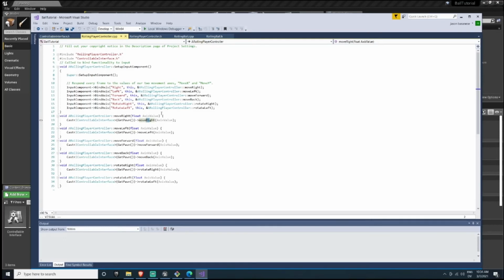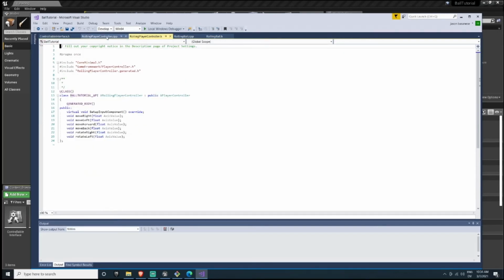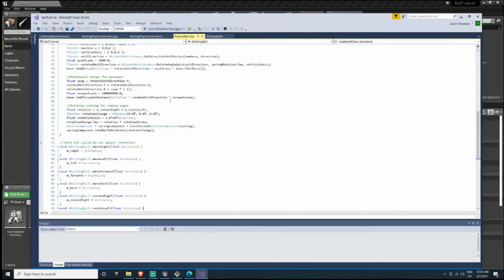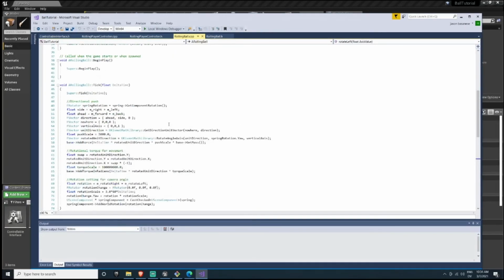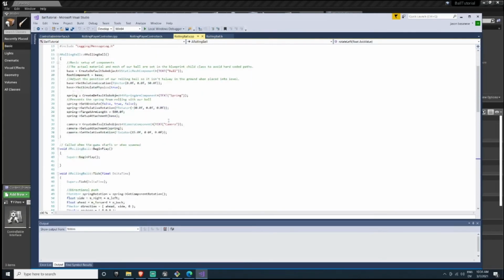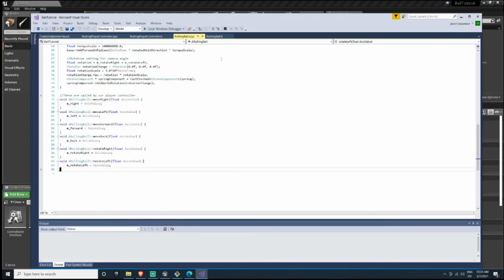So that's what the interface is for. So now we have our interface for the player controller. And we have our player controller. I think that just about covers everything. So we can move on to blueprint inheritance